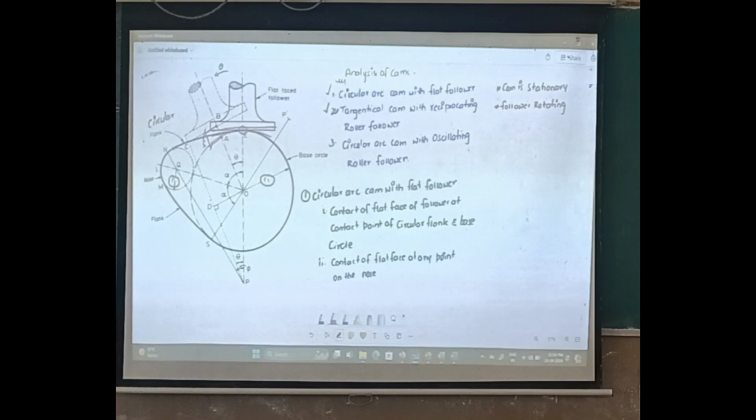displacement of the follower. Now our objective in this is we need to find out how much amount of displacement the follower is having. So for that,